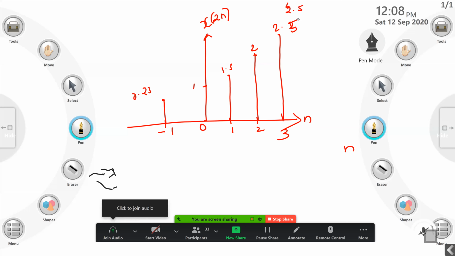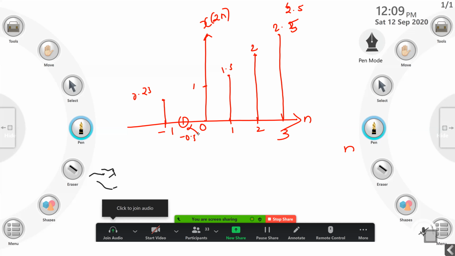So please keep it in mind, you are not going to plot any signals at decimal values. Have I shown any signal at -0.5 here? No. You may think a signal was there at -1, so should I plot the same signal at -half? It is not required, because this is discrete. While plotting a discrete time signal, you have to ensure that the signal lies only on positive and negative integers, not on decimal points. Is that clear? Yes, sir. Okay. Now kindly do x of n by 2 as homework and attend the class on Monday.